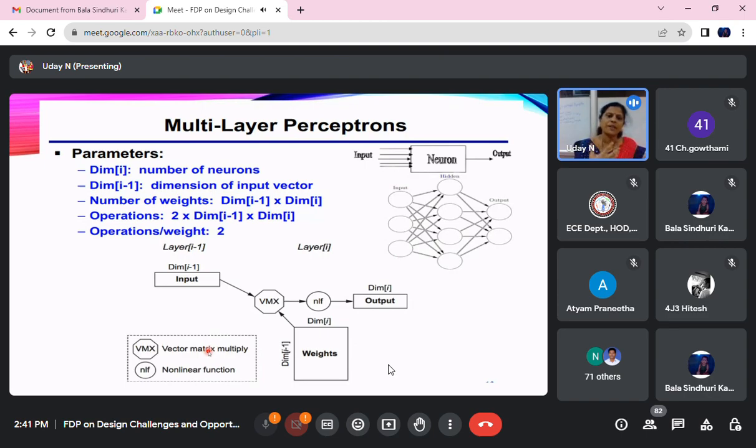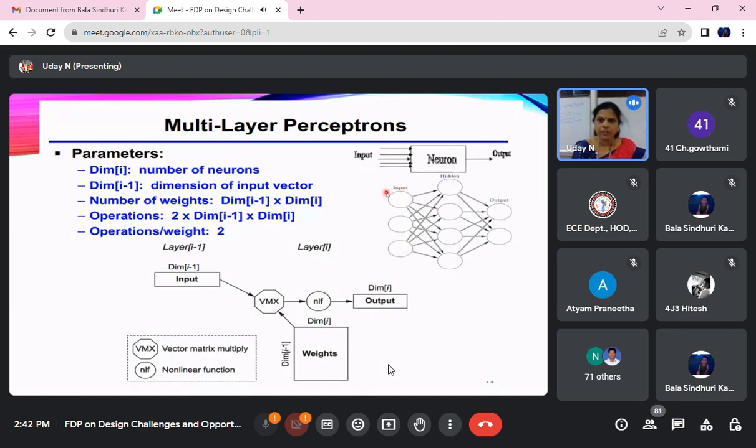If you know what the parameters are and identify what the processes are that happen in determining the output, then we can determine the corresponding building block for that particular operation. So if you take a multi-layer perceptron, each neuron is called a perceptron. This is one layer and this is one layer. How many neurons are there is one vector. And what is the size of this input vector? How many inputs are there?